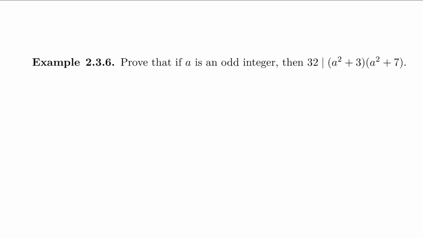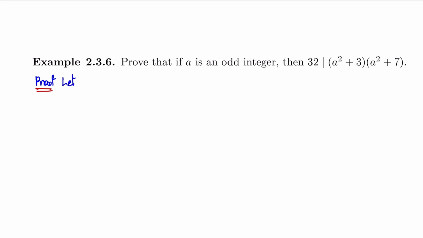Today we are going to prove that if a is an odd integer, then 32 divides (a squared plus 3) times (a squared plus 7). Now, let a be an odd integer. So we start with the proof and then we let